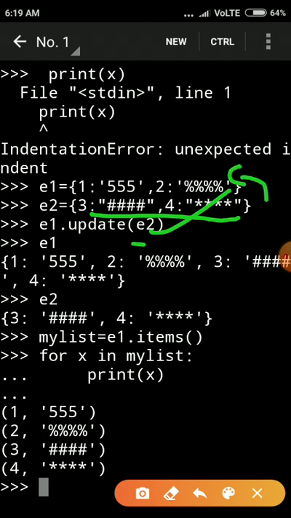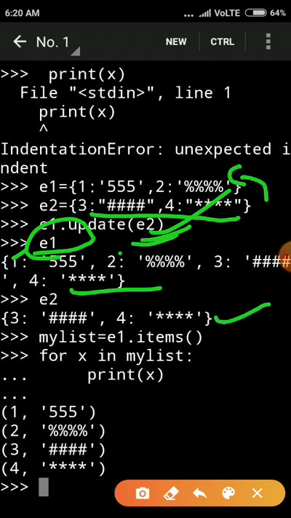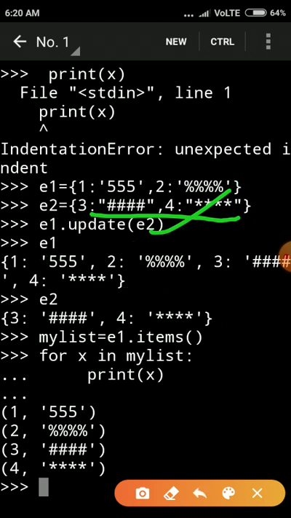Whatever dictionary we write in the bracket, its contents are added to e1. Look at it after updating: the number of keys in e1 is 4, and e2 is as it is. There will be no change in e2 because we update only e1.